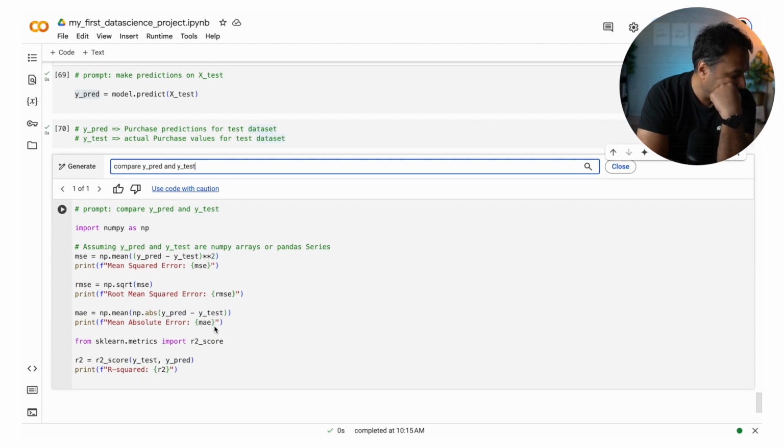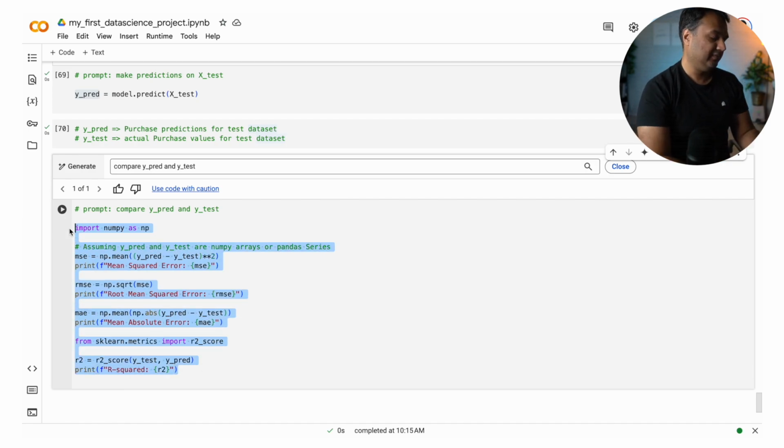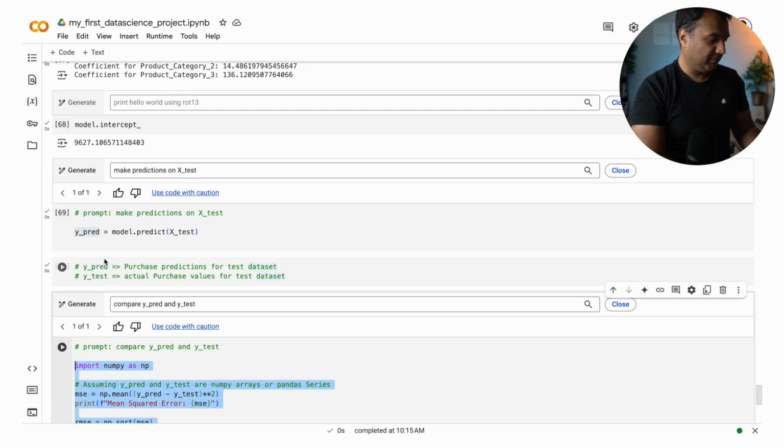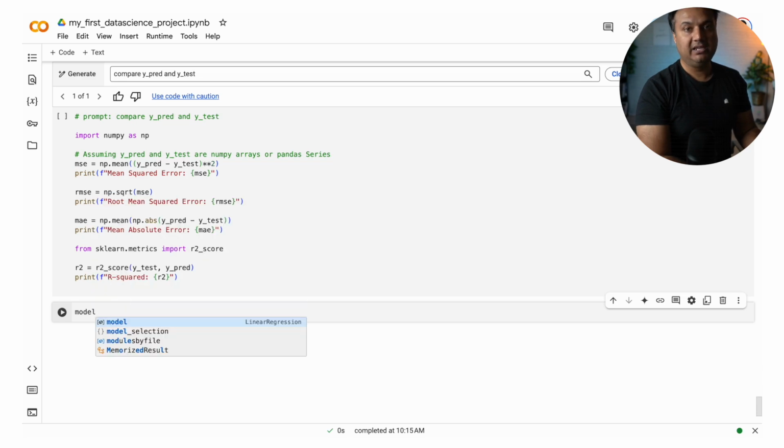And we can see it is using numpy. Okay, one thing we can also use for the model is that we can see how good it was. Mean absolute error.